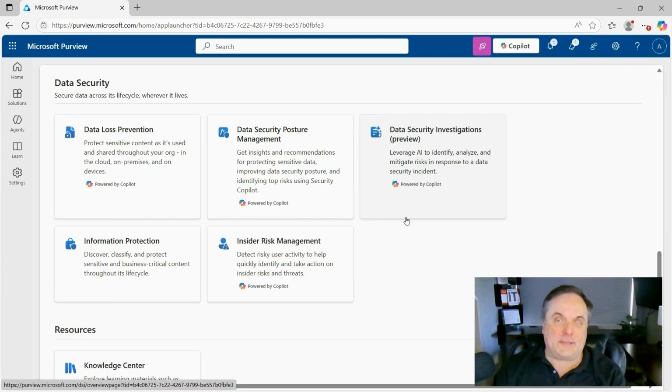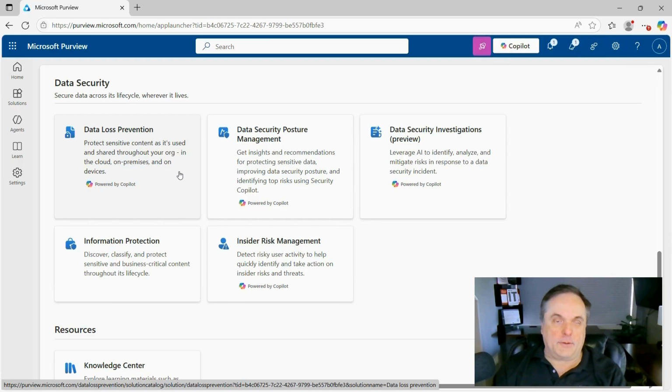legal or compliance issue. Data security is one of the most popular sections of Microsoft Purview, such as data loss prevention. Data loss prevention I've used many times with clients in order to keep specific types of phrases and words from being sent off to other users within the organization, but also outside of the organization to other people or other places where that data should not be released, such as social security numbers, bank account information,